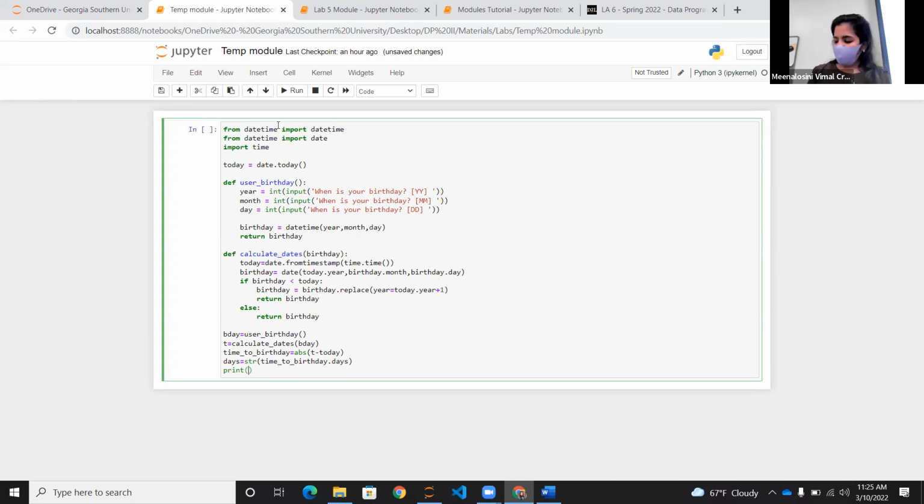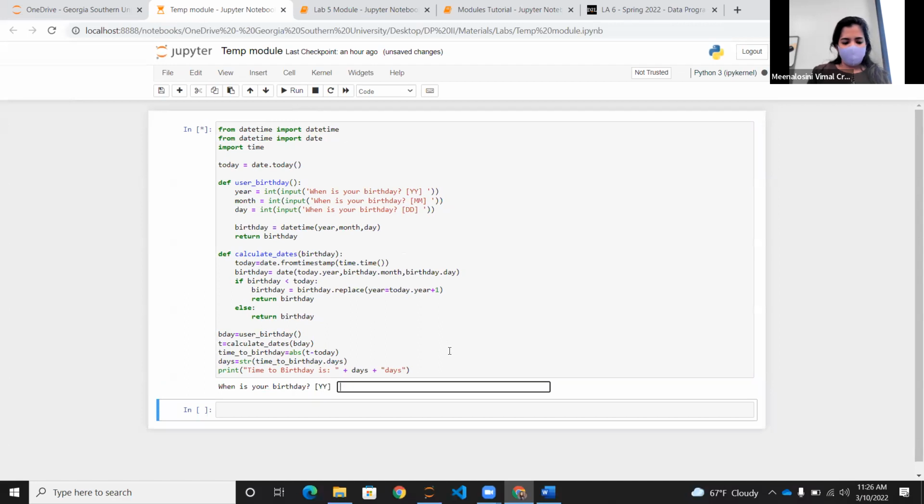And how do we want our output? We want our output like time to birthday is, and it will be saved here in the days variable. So it has